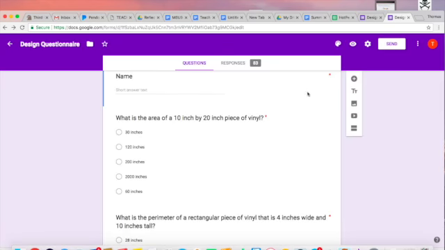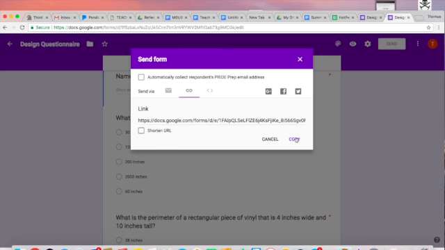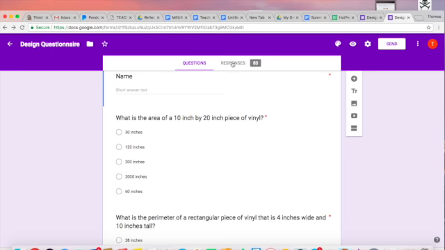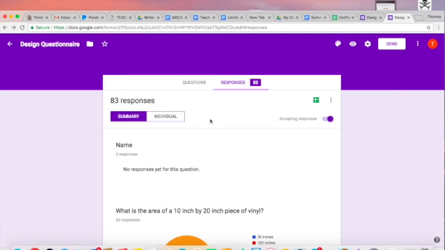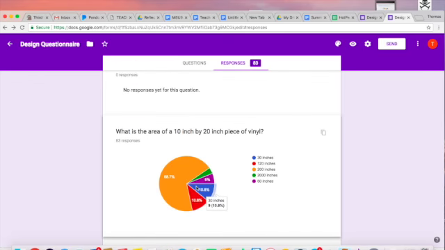Also, the link option, where you go here, you copy the link. When you want to submit your form for me to evaluate, that's the link that you would submit in your Summit PLP. So under responses, now I can go through, because I made it a multiple choice question,